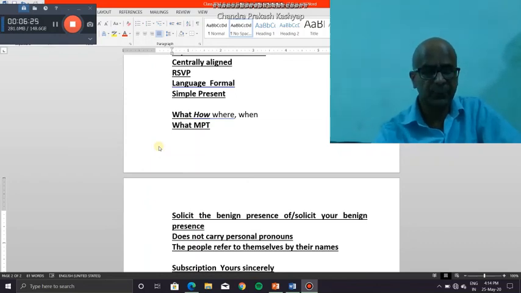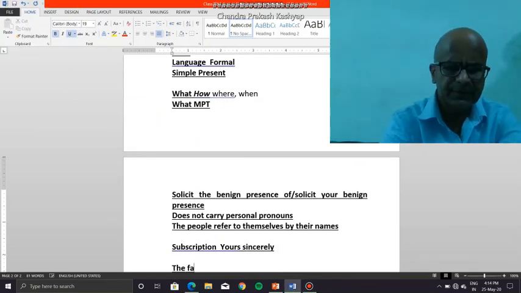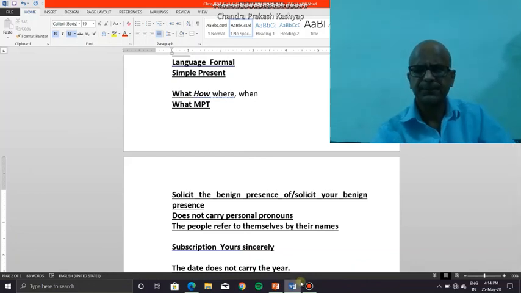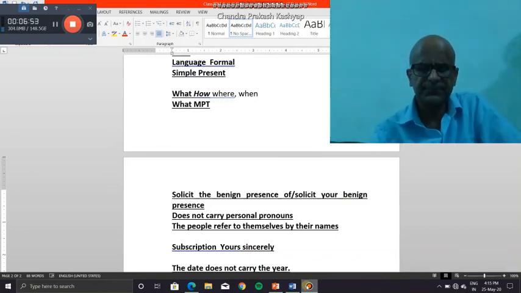And there is another important thing. The date on top, underneath the sender's address, will not carry the year. The date does not carry the year. So these are very important. These are important facts for all of us to know and practice. However, in